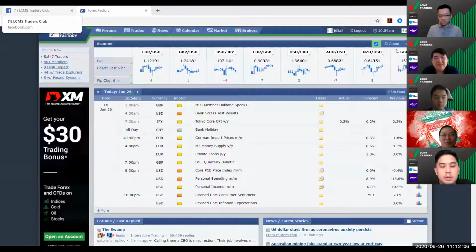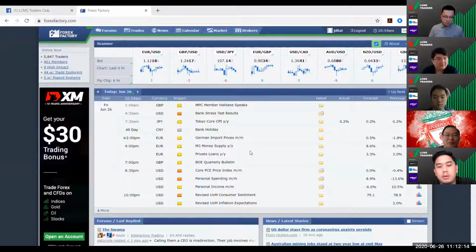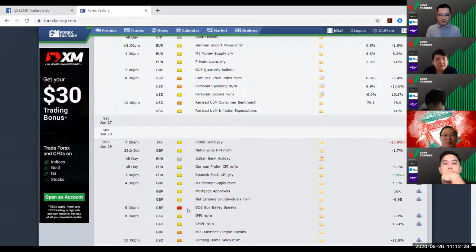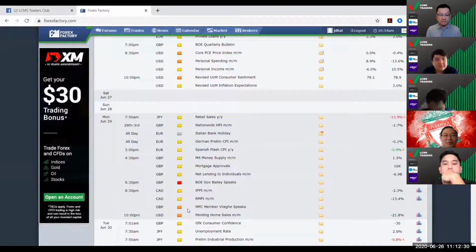All right, so here we have Forex Factory looking at the news. Not much happening. I've been saying this through the whole week already. Not much happening since the whole week started. Again, for news today, not much again, but I think what we'll pay more attention to is what's coming up next week, especially for CAD and the US dollar.